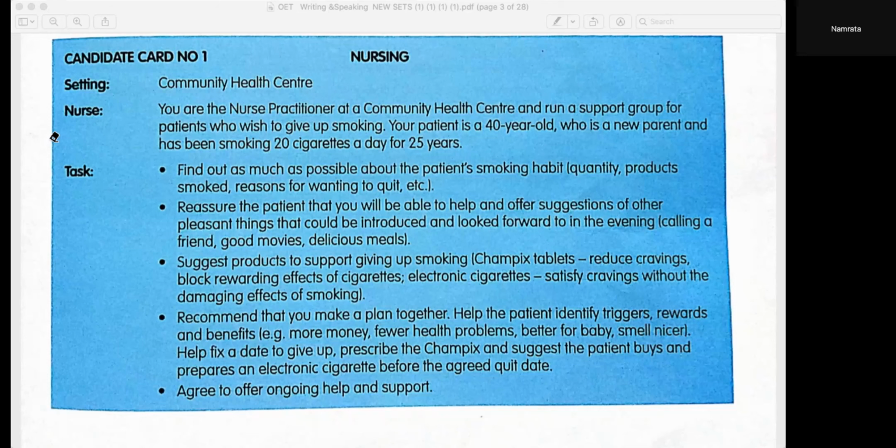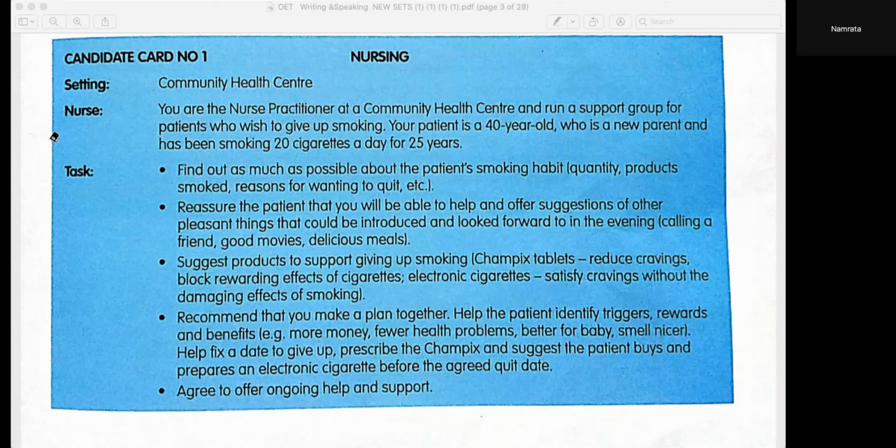Okay, so you already know that it's a bad habit, and it also expenses a lot. And to smell good in front of your child is a very good thinking that you have, and we are here to support you in quitting your smoking. So thank you for visiting us. Thank you for seeking our help, and we are here to help you out on quitting smoking. So I have some suggestions that I want to give to you. Do you want to hear? Yeah, of course, sister, please.